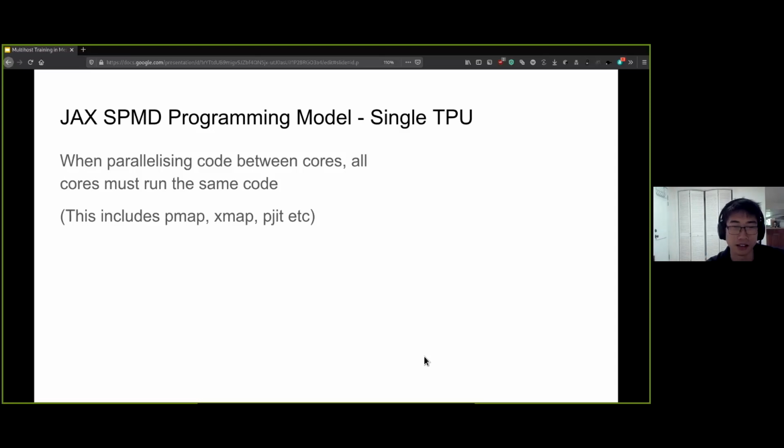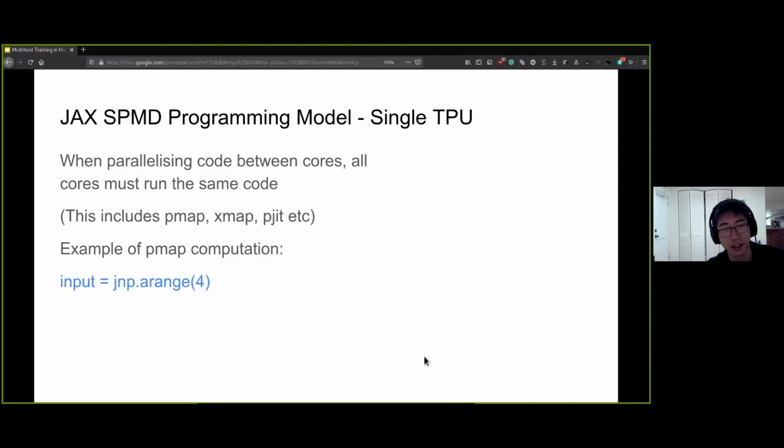When I say parallelizing code, that means a lot of different operators, which include PMAP, XMAP, PJIT. All of these operators rely on this assumption essentially. So we can do a simple example of a PMAP computation. We create an input, which is just numbers 0 to 3, and then we run a PMAP computation, which